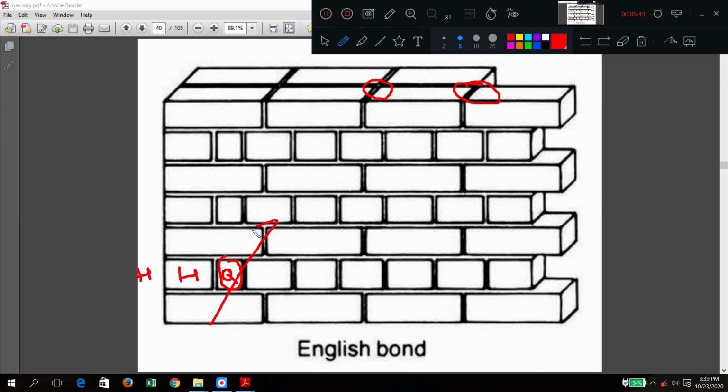When you view from this side, this appears as facing, and for the person on that side, it is backing. So the center portion is hearting. So if the center portion is very thick, 40 centimeter, 50 centimeter, at that time you should go for headers to fill the hearting portion. Just remember that headers are used to fill the hearting portion.